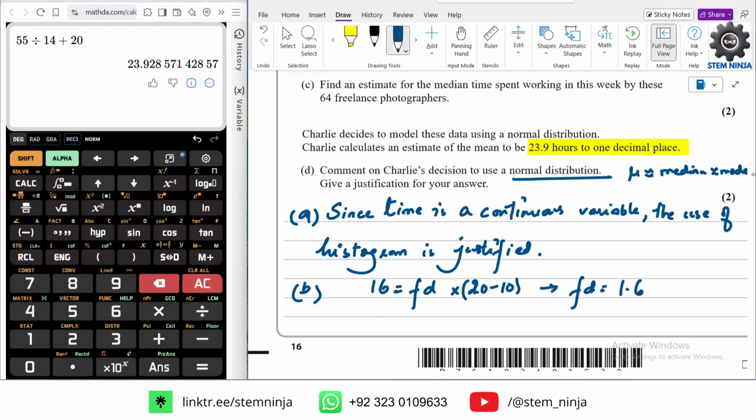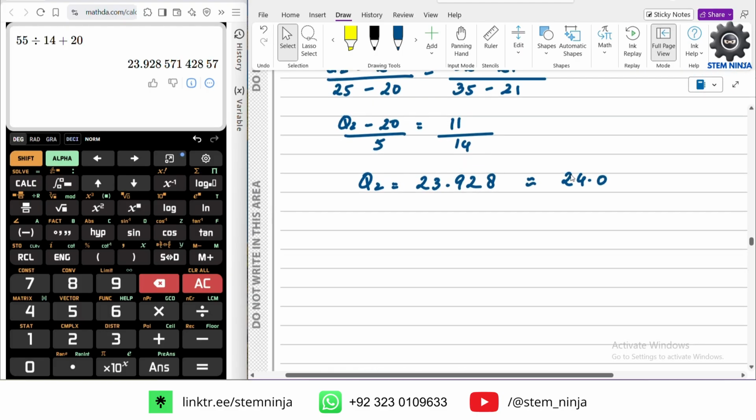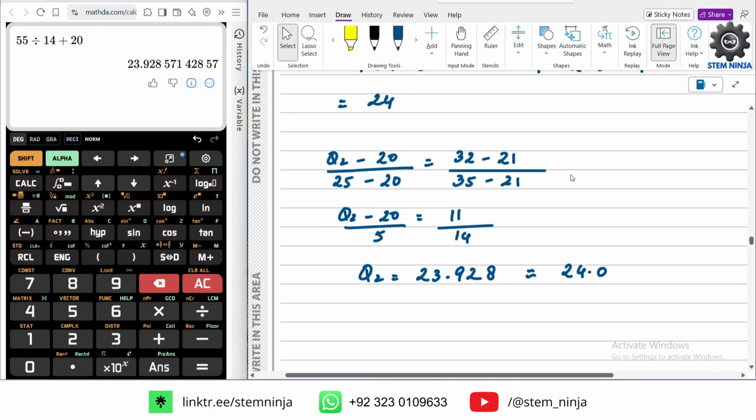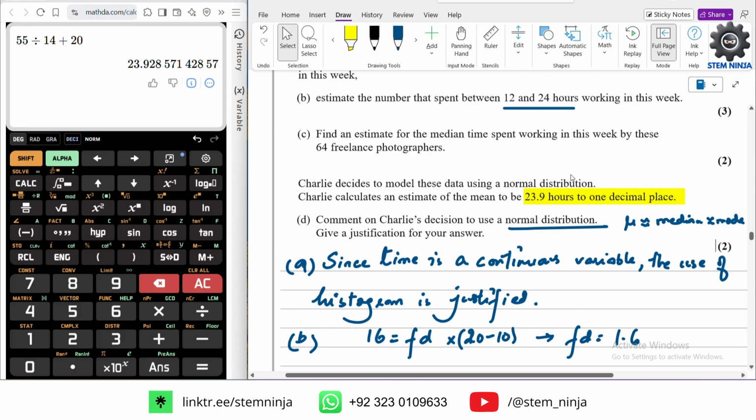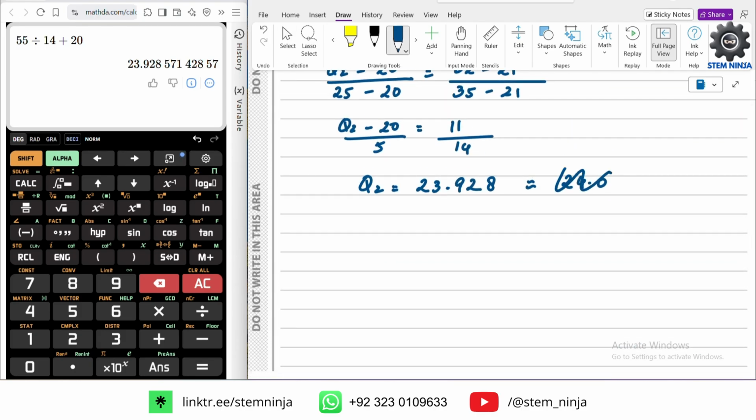Only then we use that. So since we don't know the mode, we can make the decision on basis of mean. So we figured out the median to be 24 or 23.9. So yes, we can do that. Actually, we can just keep it as 23.9. Sorry, 23.9. Right. So the last part,